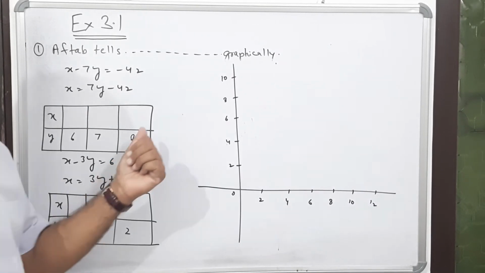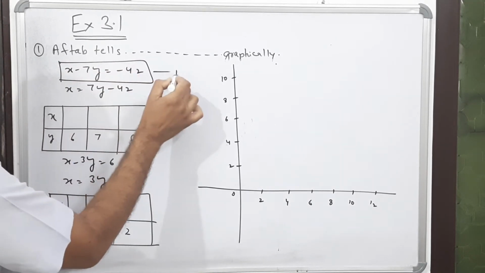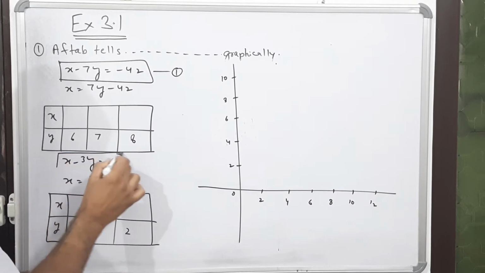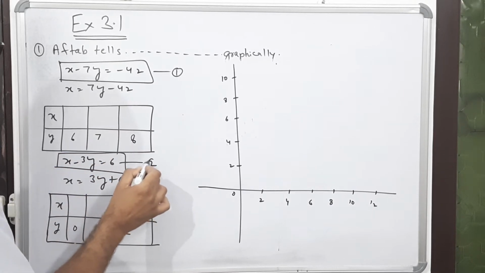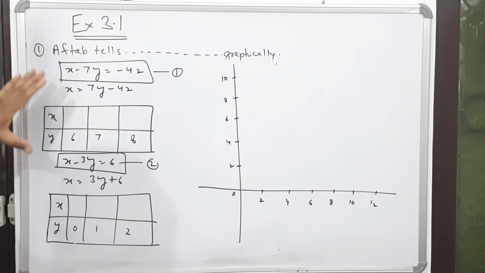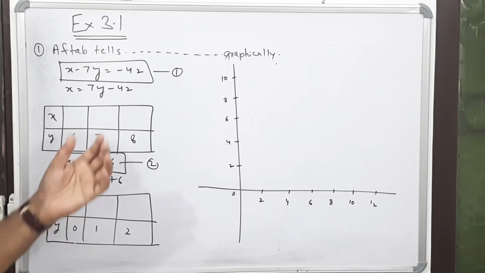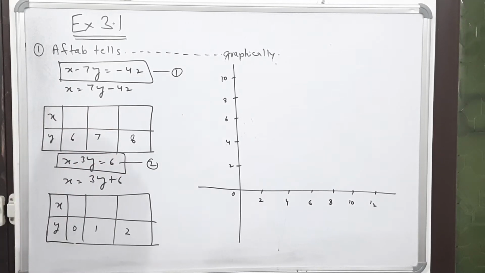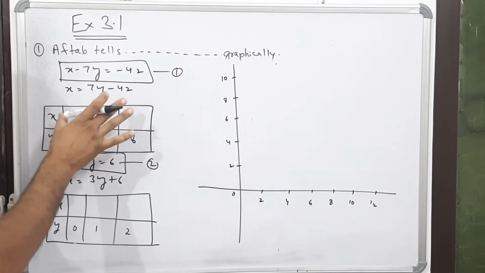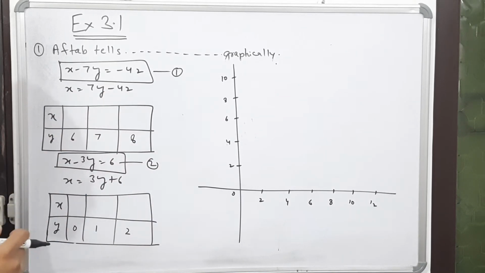Yes, students. So now you see that we have got two linear equations. This is the first one from the algebraic expression, and this is the second algebraic representation. Now we will represent these graphically. Graphically means we will make the graph of these. This part you have done in class 9th also, but still I am explaining it from the beginning. We put certain values with which we are comfortable, which we are able to draw in the graph.